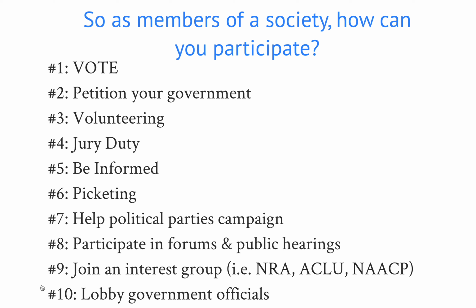Another way is to help political parties campaign. Now, we could say you could run for office when you're of the right age. And if that is not your cup of tea, you can always help other people who are running for office campaign. You can wear shirts that support them. You can put signs in your yard or bumper stickers on your car. You can post about them on social media or tell your friends and neighbors all about who you're voting for and why you support them. That's a big deal. Spreading the word at the grassroots level is a huge help to political candidates running for office.